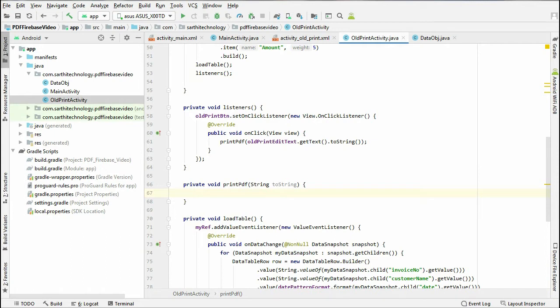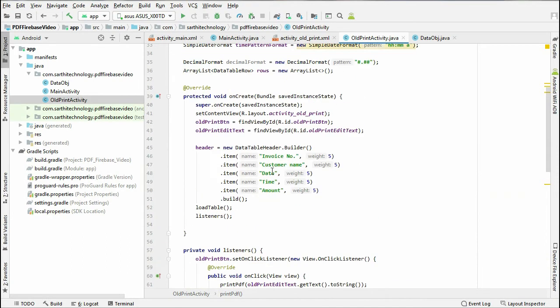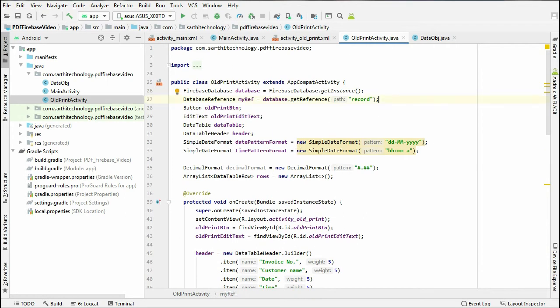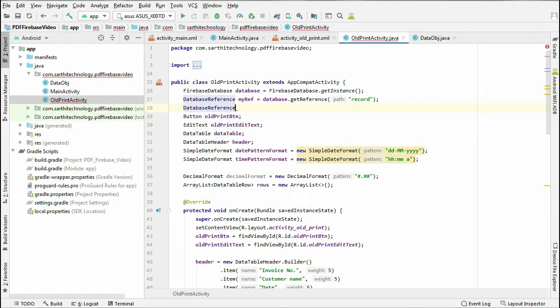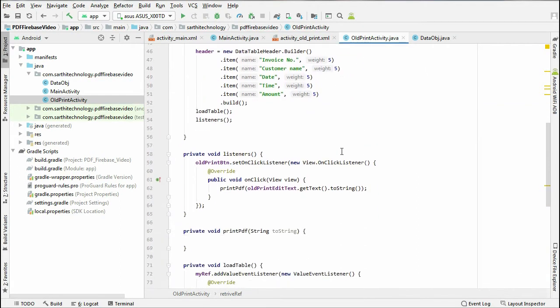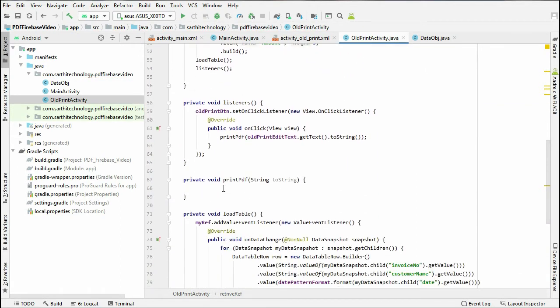To retrieve the value we need to create another database reference, retrieveReference, equal to, just put semicolon here, and in this printPDF we will assign the value.